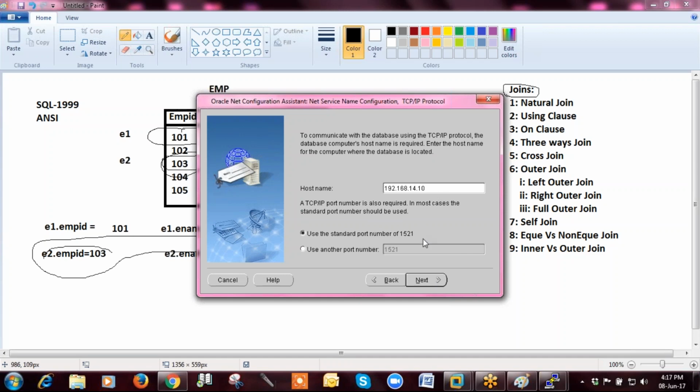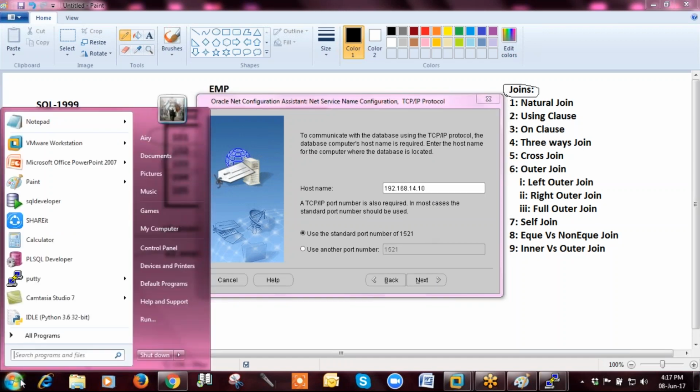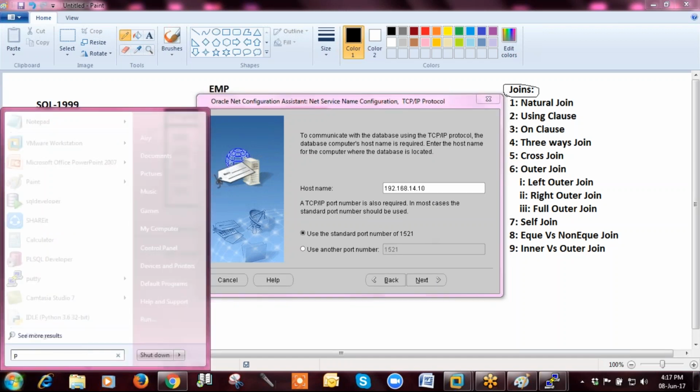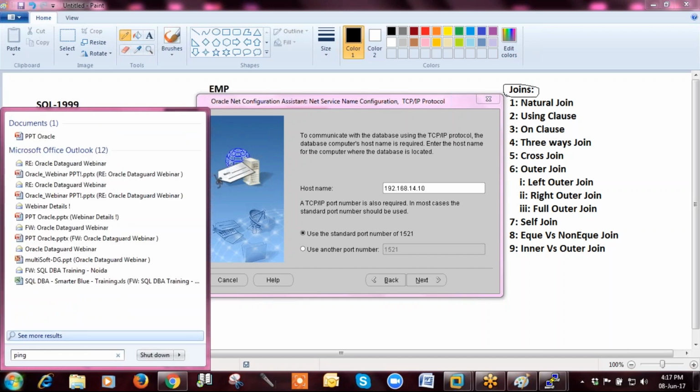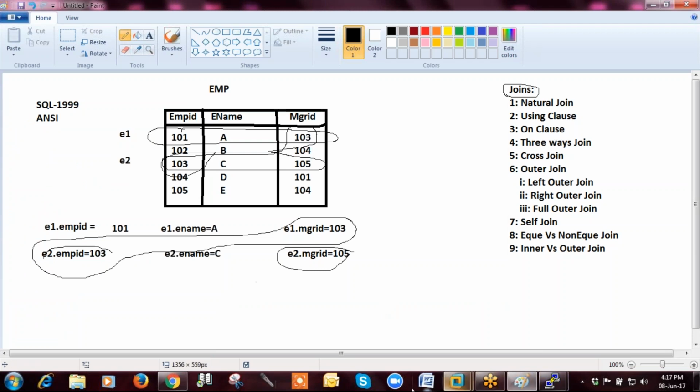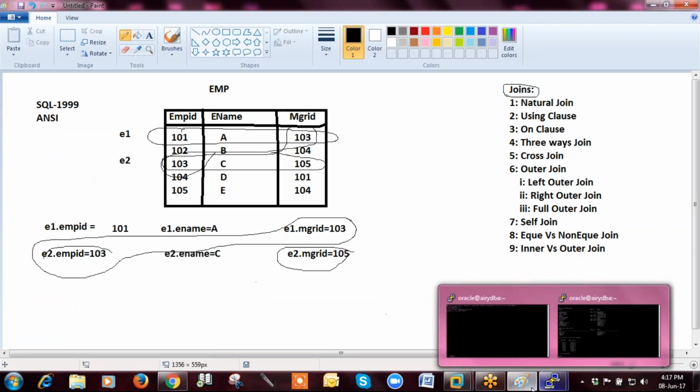Just like your database is situated on your remote location, there must be a pinging between both. If you are not able to ping, check that. Yes, I can ping from my host machine, means from your laptop you can ping that machine. Okay.